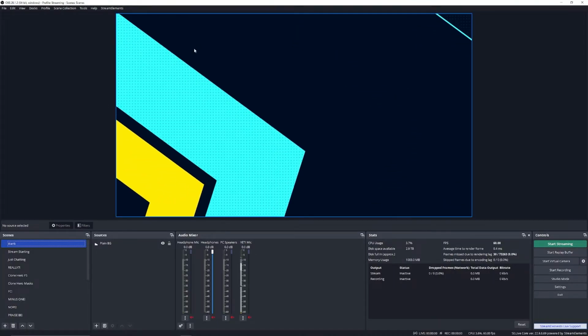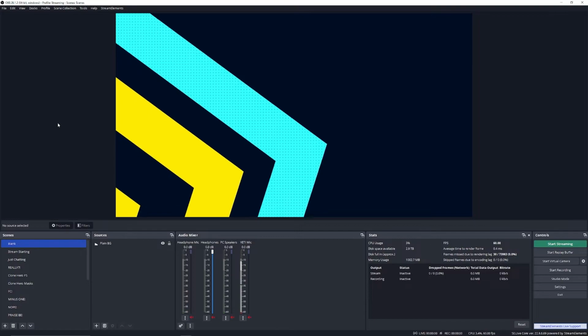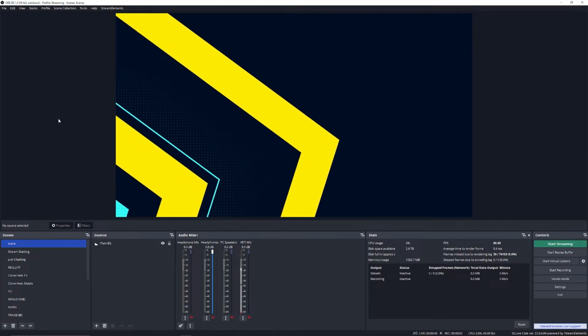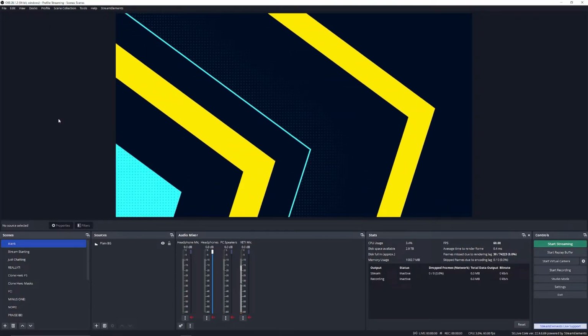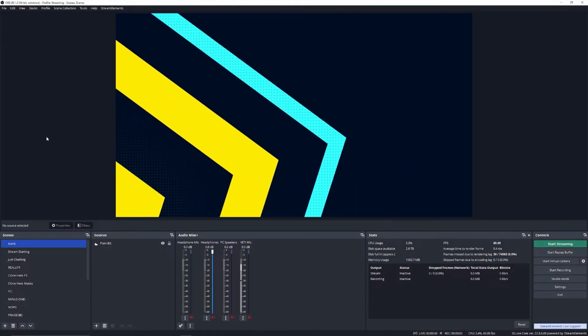Now, this layout that I have, I did buy. I tried making my own elements, but I wasn't experienced at the time, so I went ahead and purchased something that was pre-made. I bought the package that came with the source files for After Effects, so I've been able